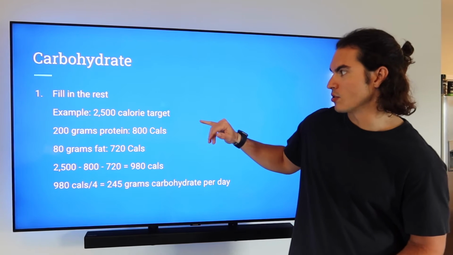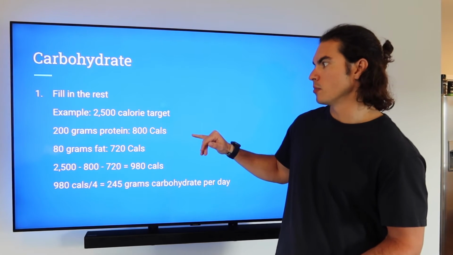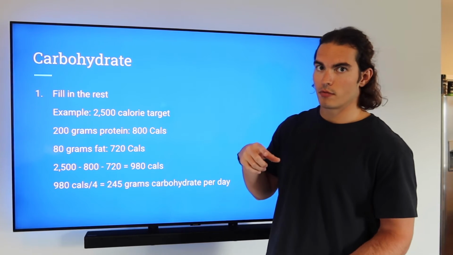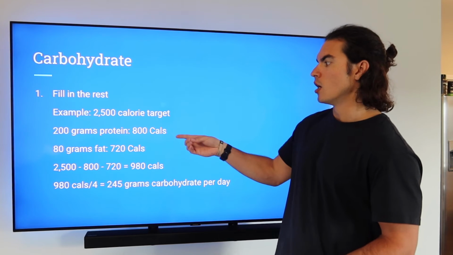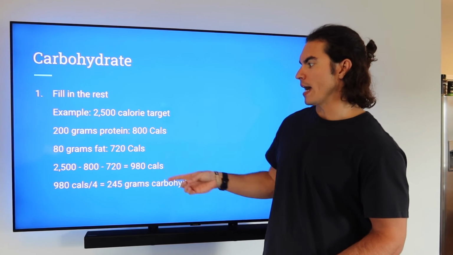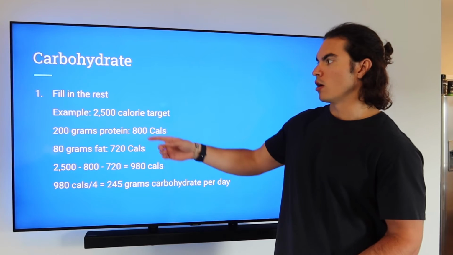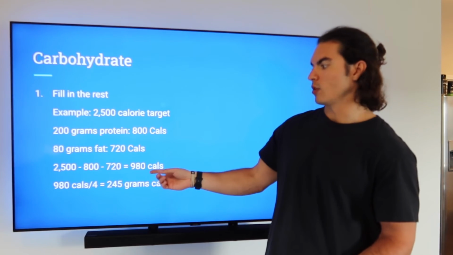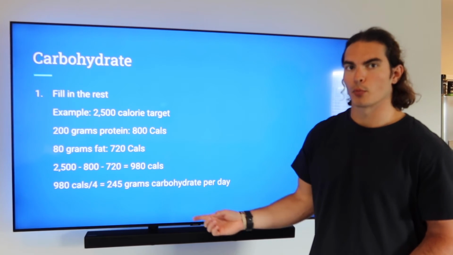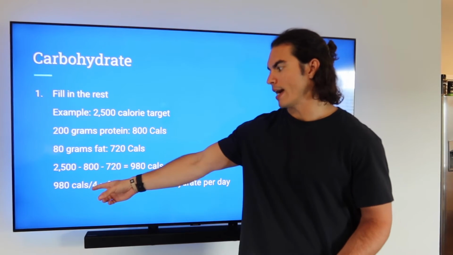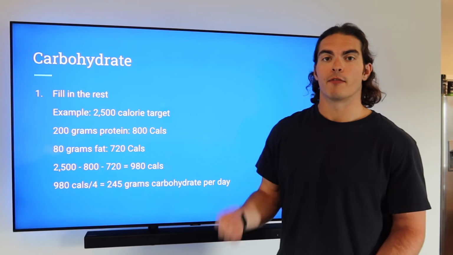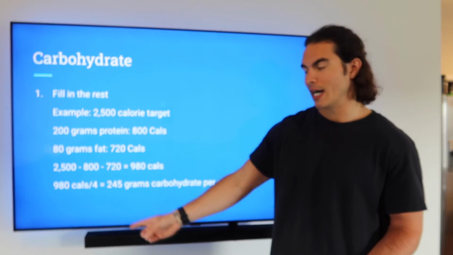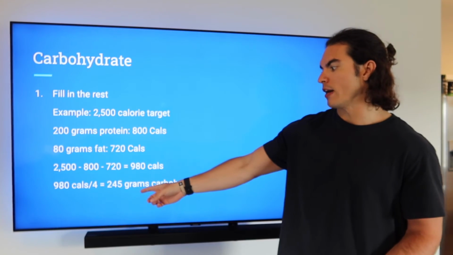So of that 2,500 calories, 200 grams of protein, which we decided on two slides ago, is 800 calories, and 80 grams of fat is 720 calories. So of our 2,500 calories, we subtract away the protein and the fat, and we're left with 980 calories to come from carbohydrates. 980 calories divided by 4, there are 4 calories in every gram of carbohydrate, equals 245 grams of